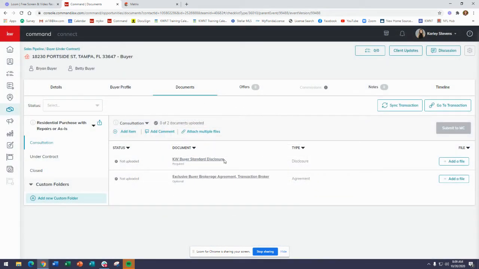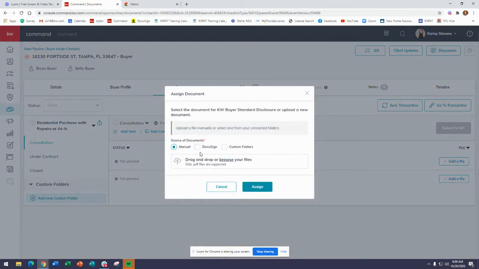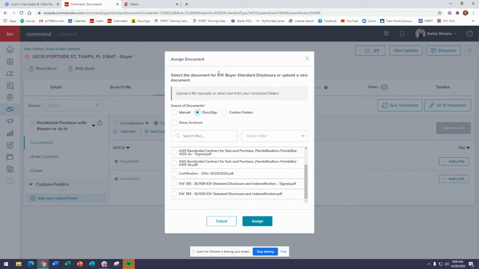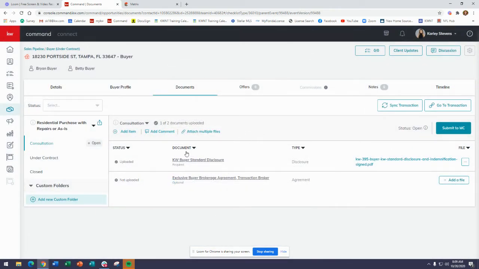So adding a file to match this file name, I can click on Add a File here. My forms are in DocuSign, so I can actually use DocuSign as my source of documents. And now I'm looking for the KW Buyer Standard Disclosure, which is down here. You can see there's two of them, but one says signed at the end. So I'm going to select the signed one and click on Assign because I'm assigning this form to this form